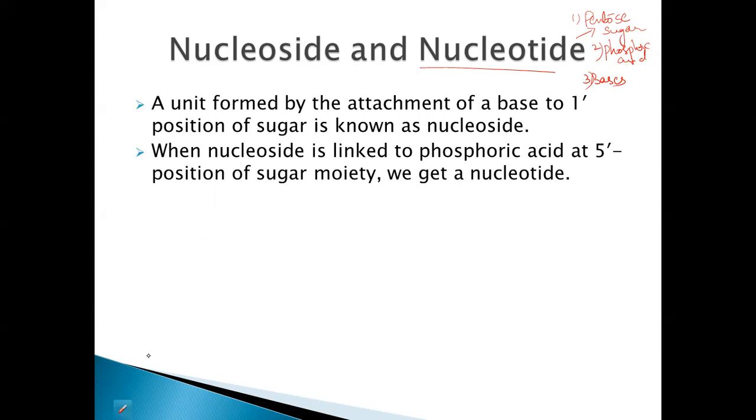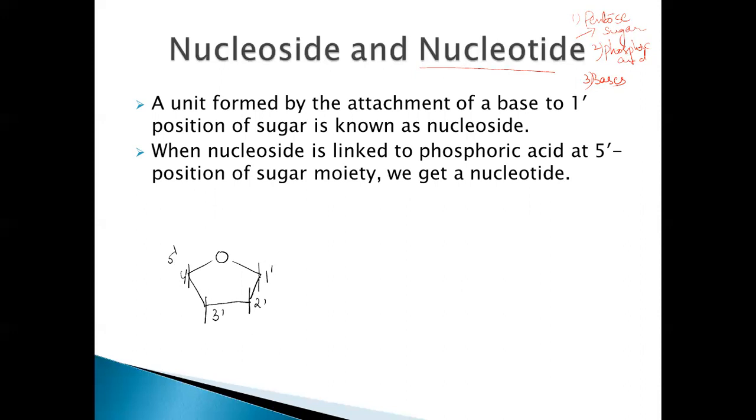Right. So if you look at the structure of how this sugar is attached to the phosphoric acid and the base, first of all, take this pentose sugar. This is a pentose sugar with a 5-membered ring. You can have a look at my previous video. So these are numbered as 1 dash, 2 dash, 3 dash, 4 dash, and 5 dash here because the bases will be numbered in the bases. The numbering will be 1, 2, 3, 4, 5. In order to avoid the confusion, we are numbering as 1 dash, 2 dash, 3 dash, 4 dash, and 5 dash.